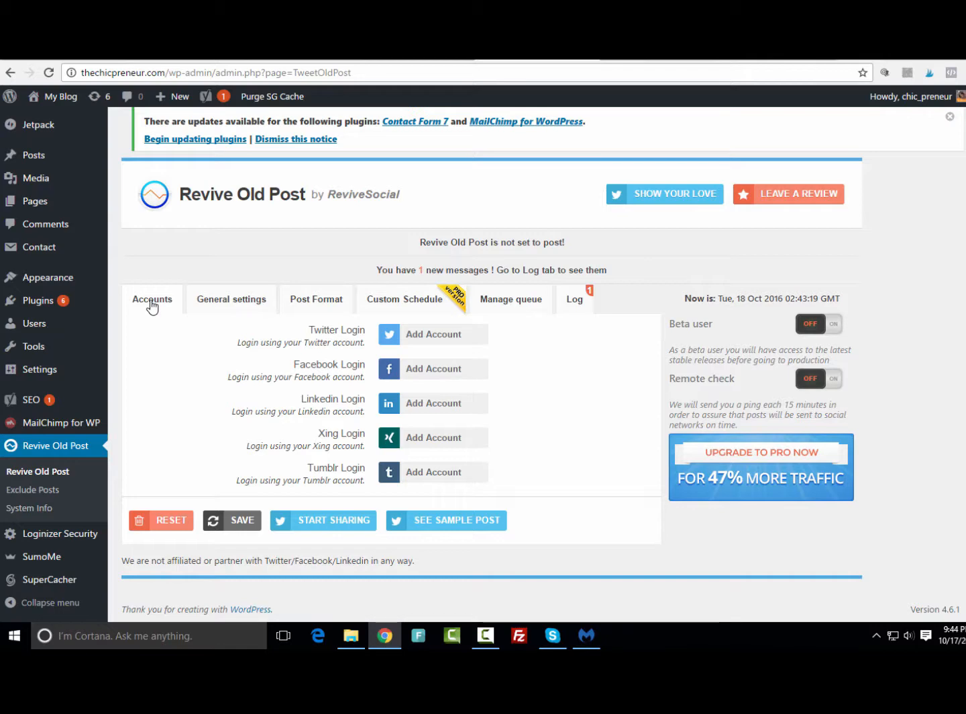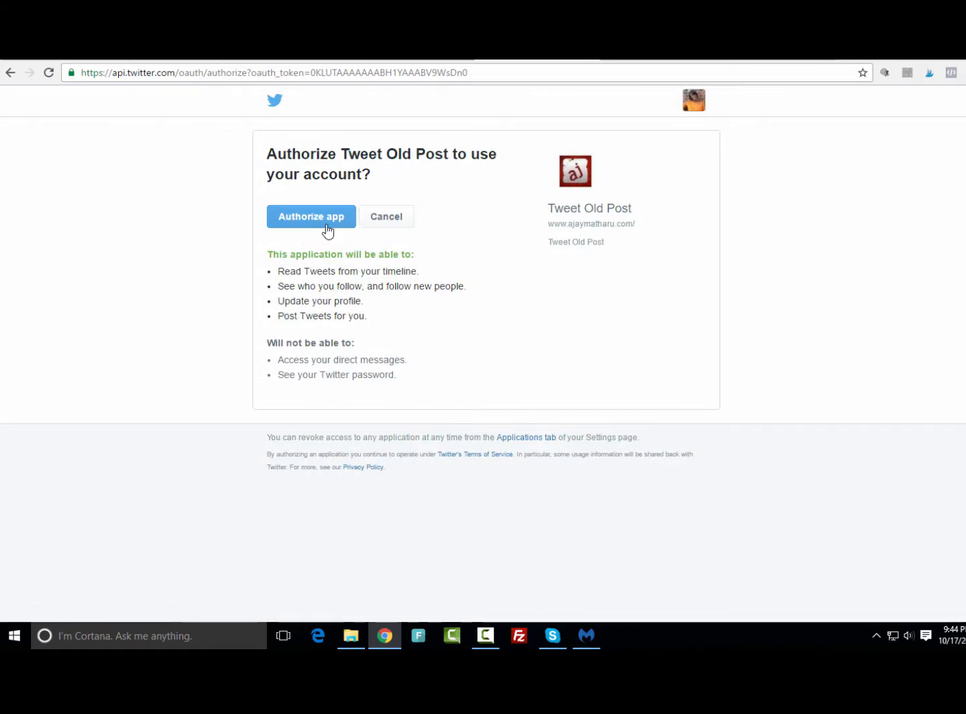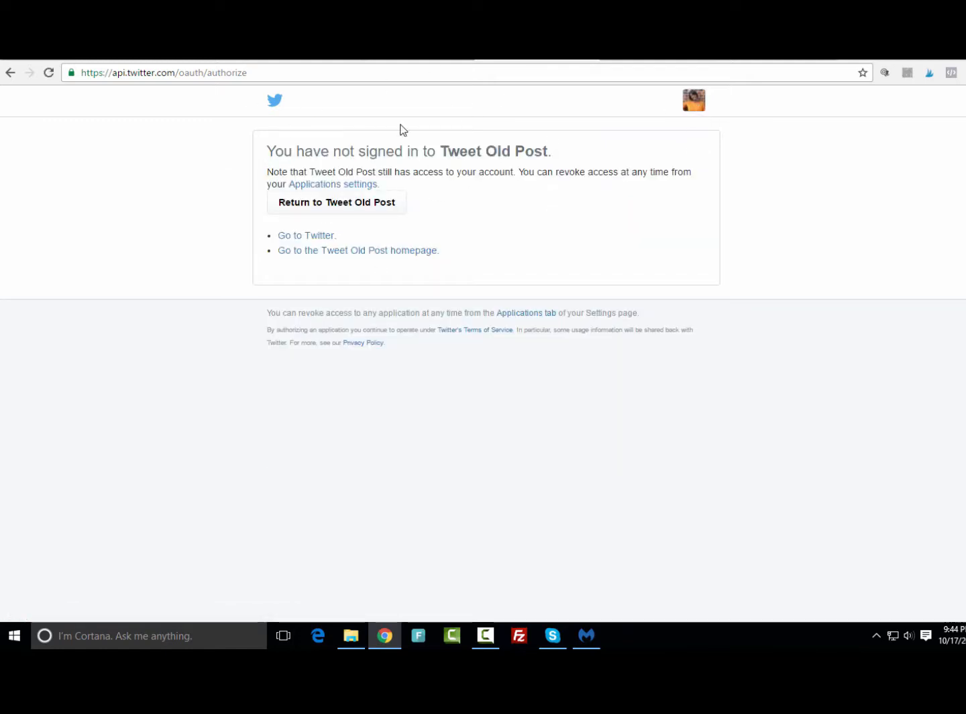So the first tab is for the accounts, which is where you can come here to add your Twitter account if you want to connect to Twitter. And then you're just going to click to authorize the app to connect to your Twitter account. You want to make sure it's the right one. And then,